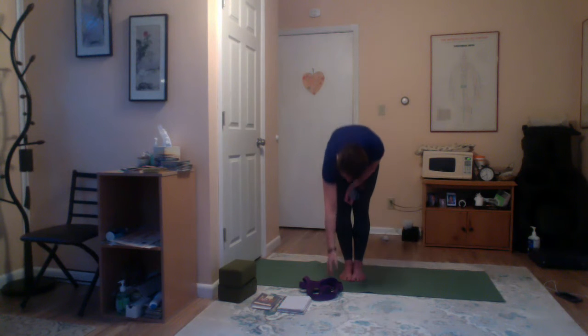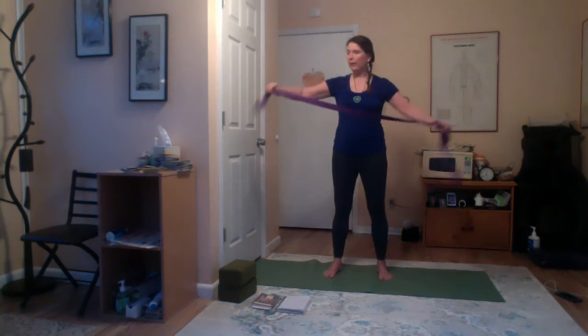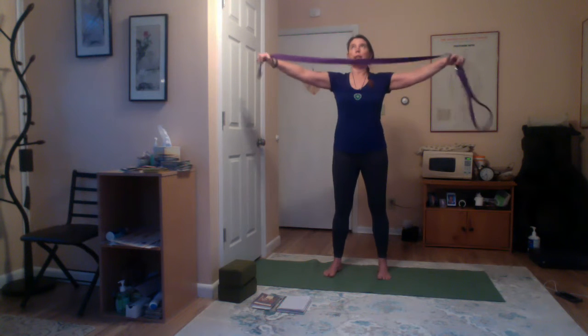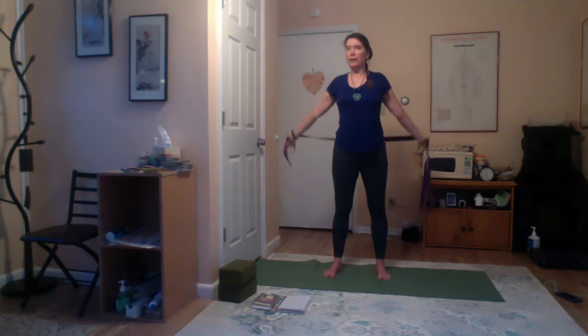We're going to take our belt into our hands and just step your feet apart a little bit. We're just going to begin by inhaling. Try to get the belt at a nice distance where you can inhale it up and exhale it down and back without bending the arms. So we'll do that a couple of times. Inhaling up,